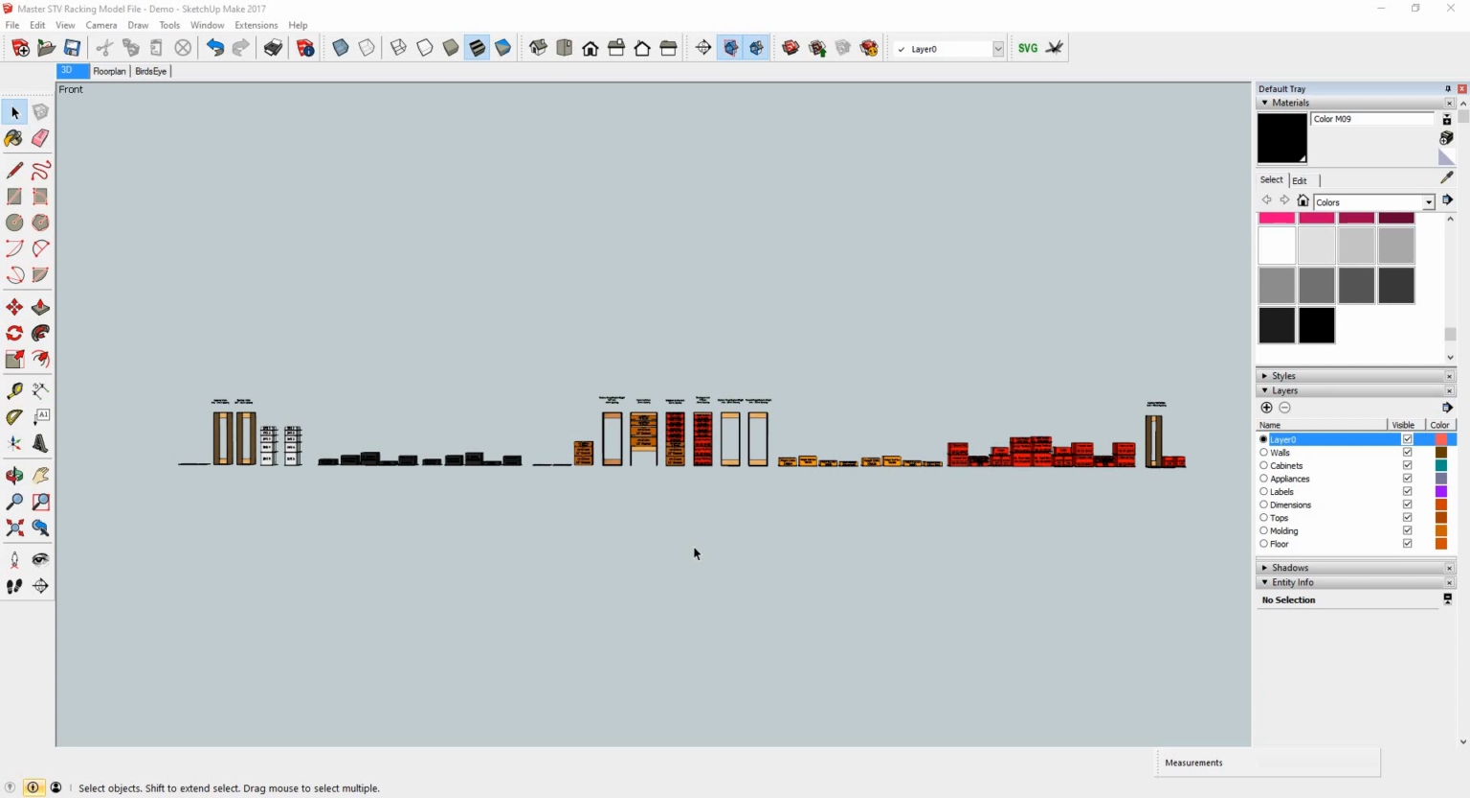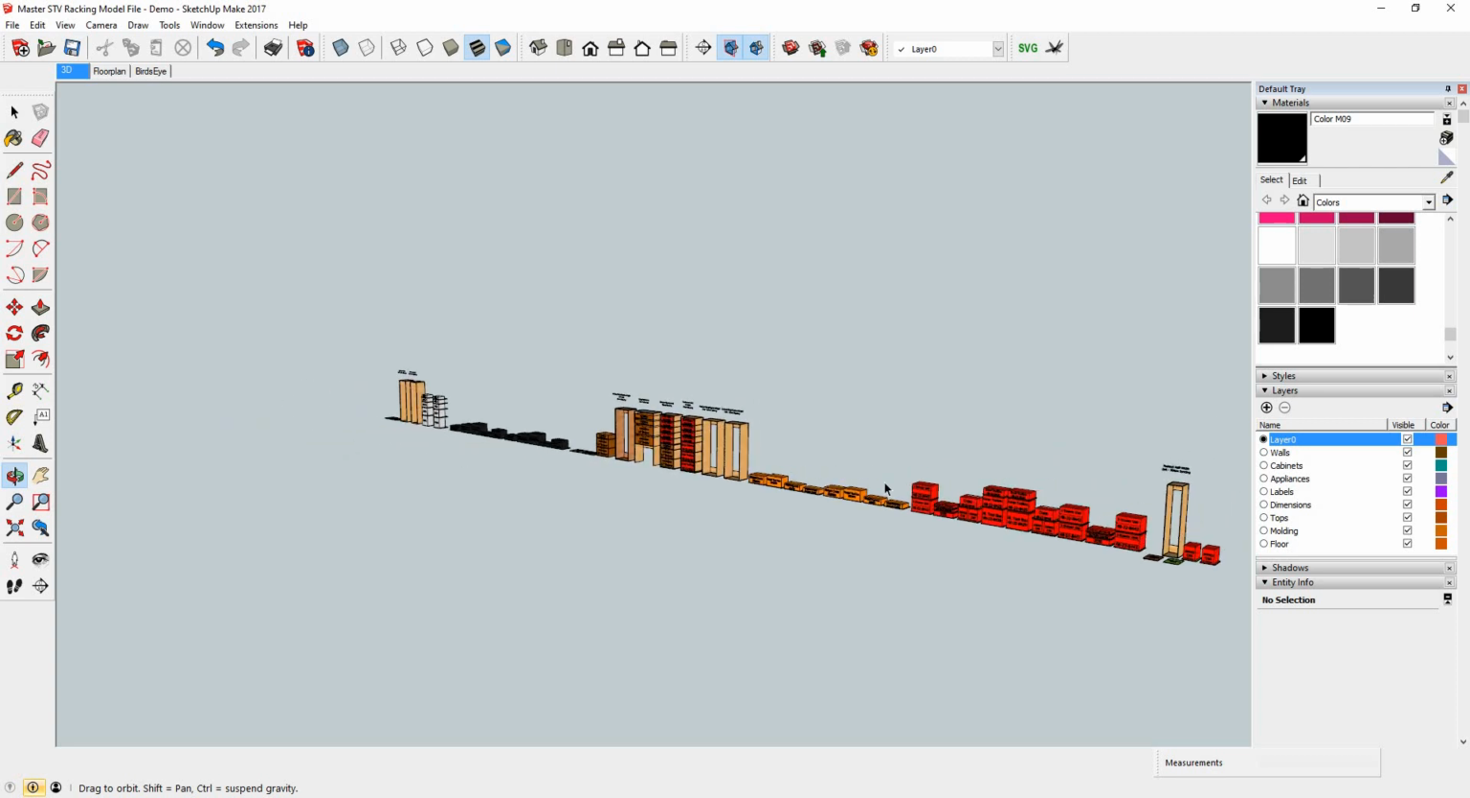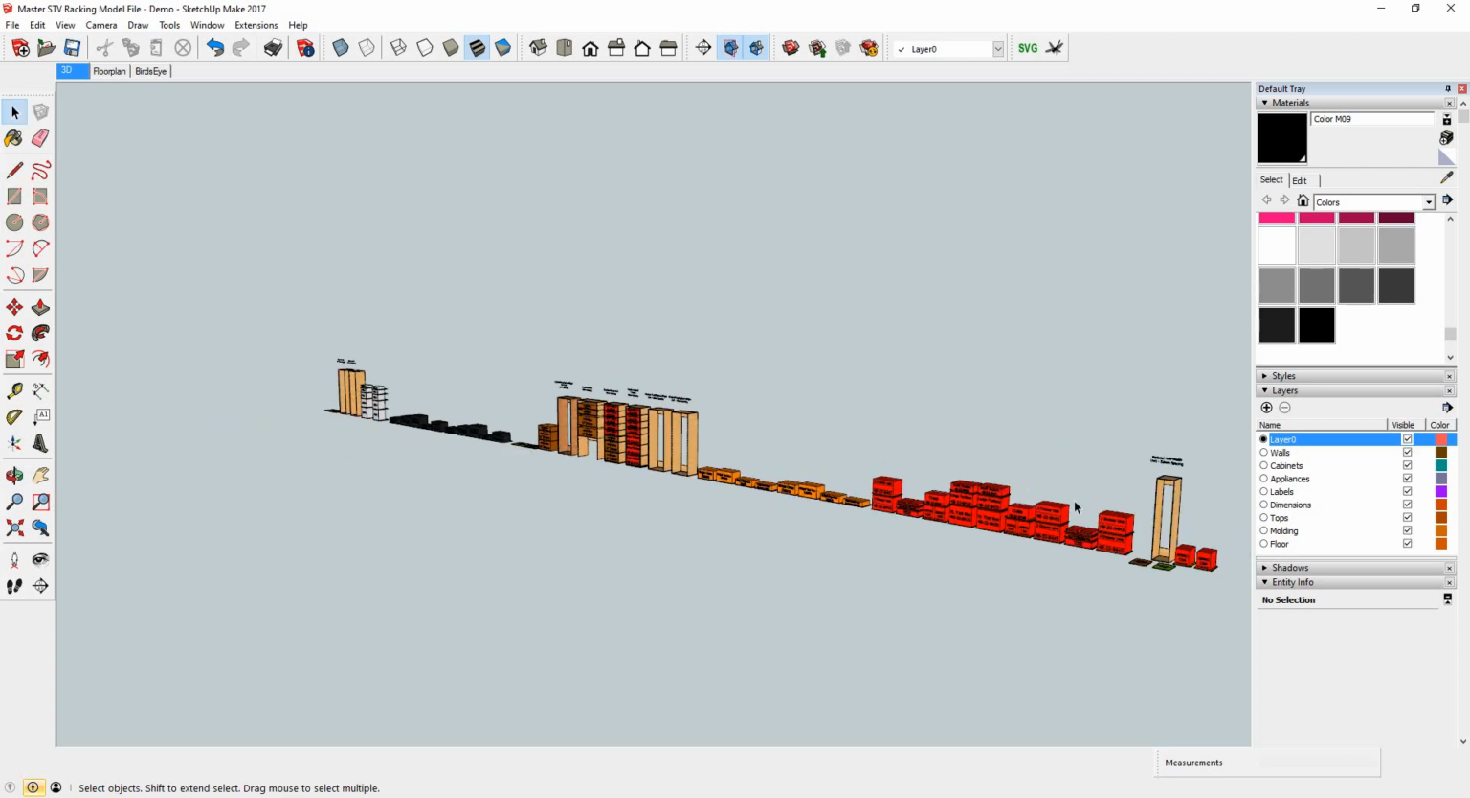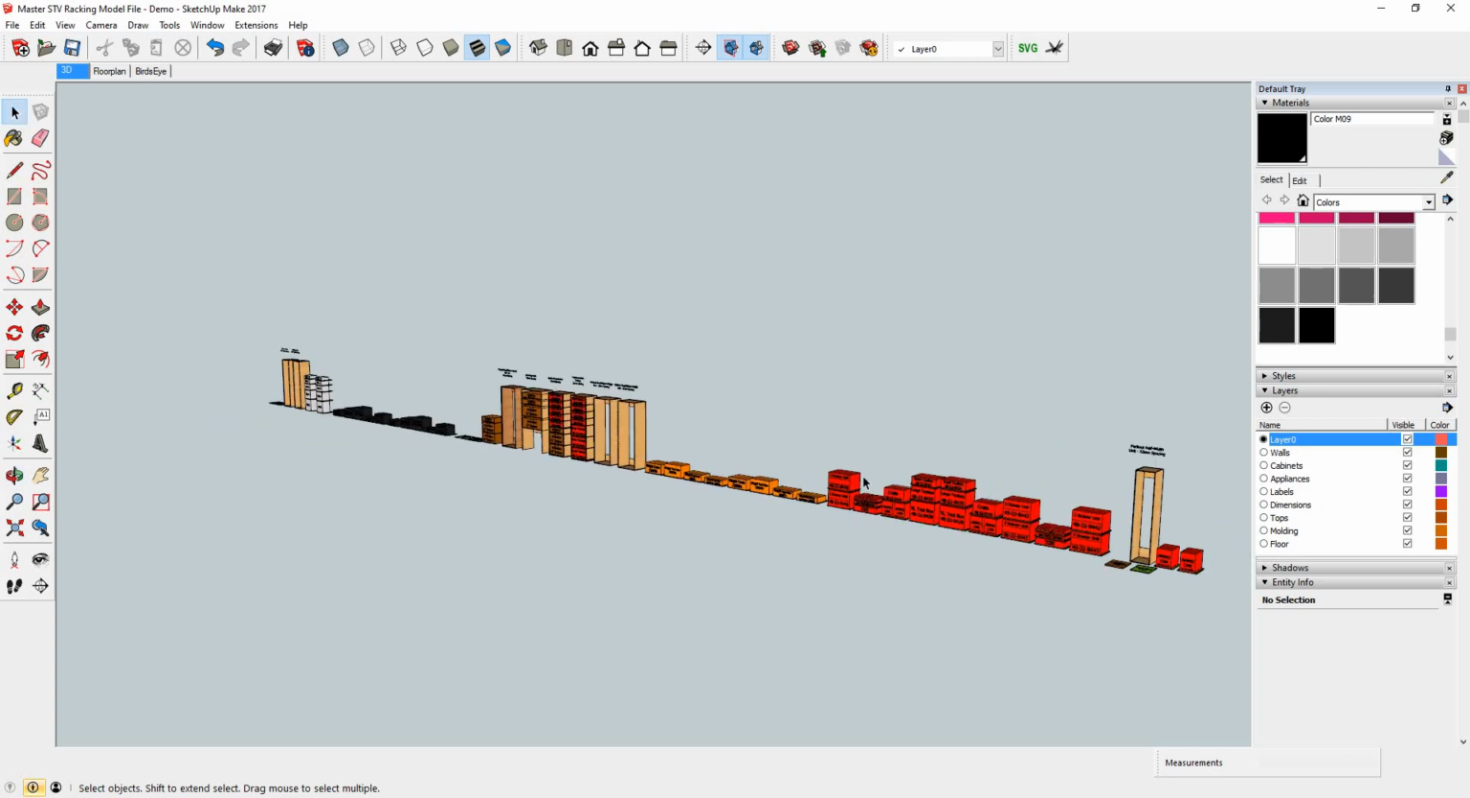Today I want to introduce to you our master STV Racking modeling file. This allows you to jump into Google SketchUp and use our master file to model up and arrange your tool containers into the configuration that you'd like. Model up your space, whether it's your van, your trailer, or your workshop, and place those models within that modeled